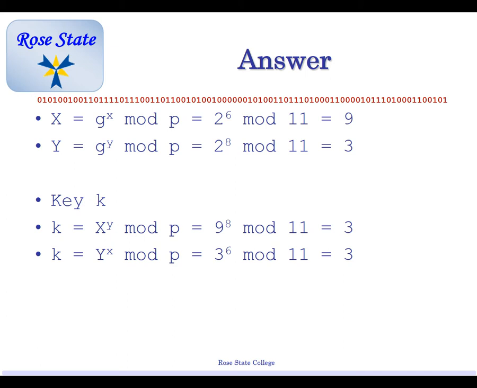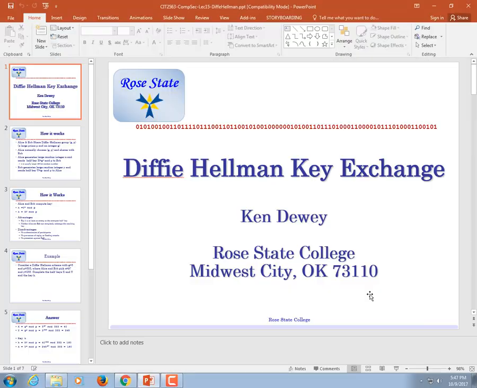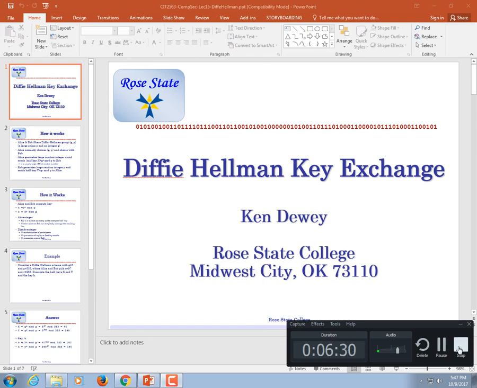Very basic math. Then we use that 9 and the 3 in the bottom part. So we're using the 9 and the 3 along with that original X and Y. See that original X and Y is being used again, along with those half keys, mod 11, and you get the result. Okay? Very basic math. You shouldn't have any problem with this at all, because the formula is very short. Okay? All right, that's all for Diffie-Hellman. It's a very short one. Please walk through